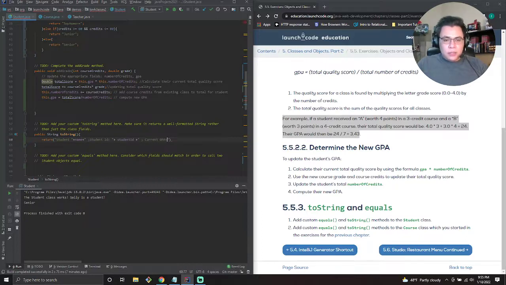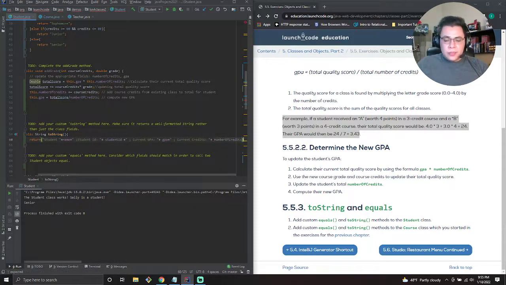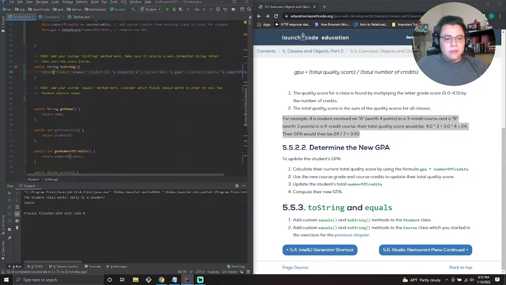Current GPA plus GPA plus current credits plus number of credits. So if we do this, first let's just see what the toString would have printed if we